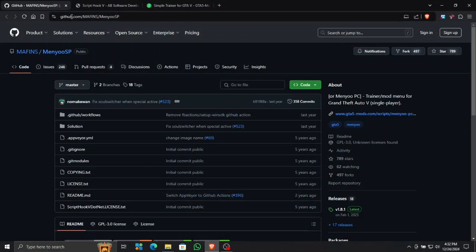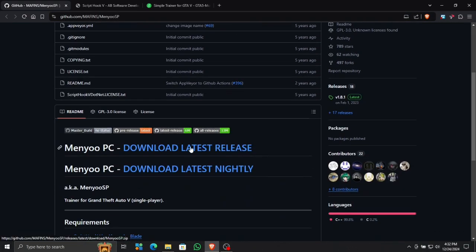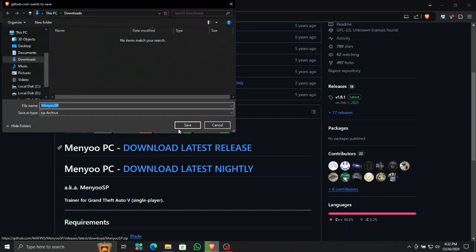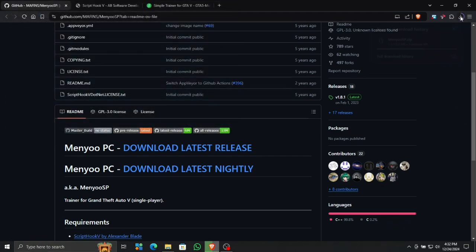The first step is the MENYOO single player PC trainer. For this, I will provide the link in the description. Click on the link and it will open up this site. We need to download MENYOO PC, download the latest release, wait for it, and simply download this. This is the MENYOO PC trainer, but we also need to download some other dependencies as well because it requires